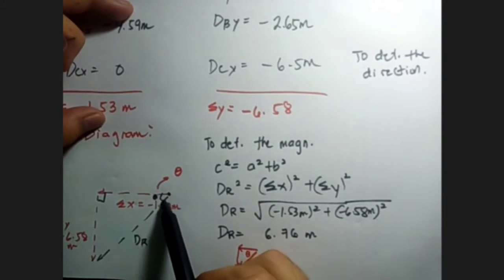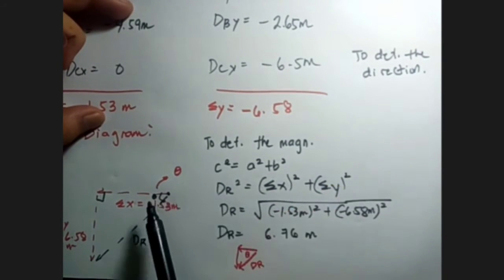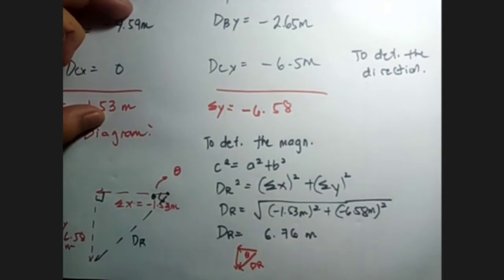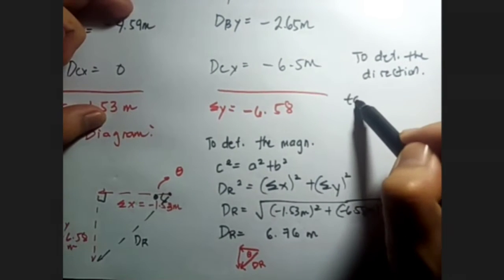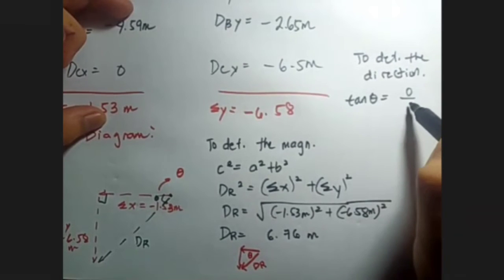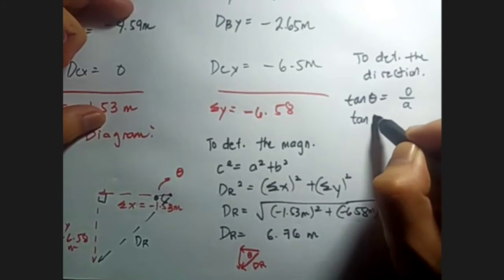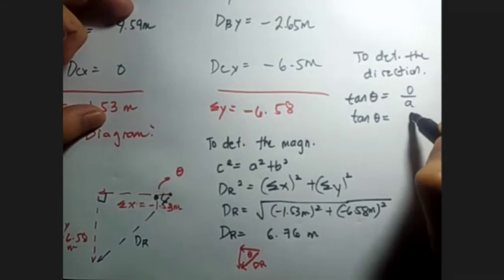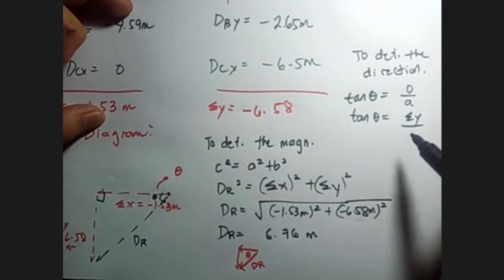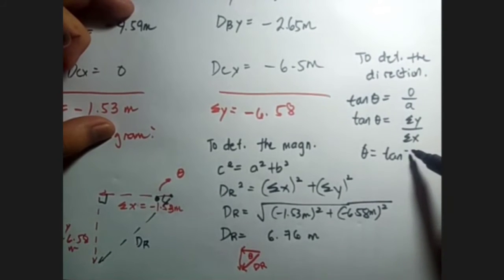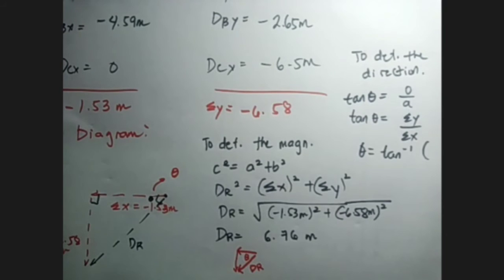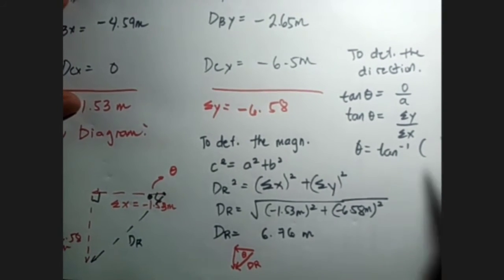Ayan, nandyan ang angle. Ito ang angle mismo. Ang angle na to, anong relationship niya sa summation of x and summation of y? Okay. Tangent. Tama? Kasi opposite and adjacent. So we have tangent theta equals the opposite over the adjacent. And theta is unknown, while the opposite is the summation of y and the adjacent is the summation of x. Now to determine theta, that is the inverse of the tangent. The inverse tangent of the ratio summation of y over summation of x, wherein summation of y is equivalent to negative 6.58